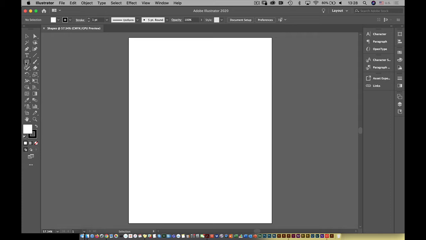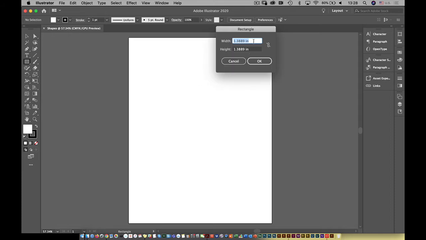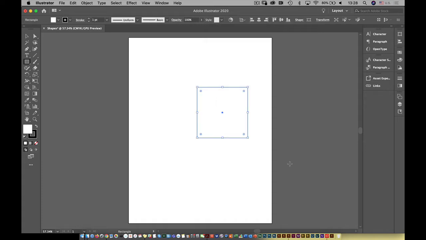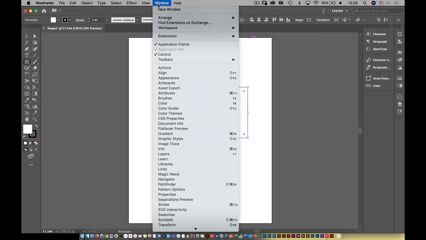So I'm going to go just to my rectangle tool. And I'm just going to click one time on the screen, and I'm going to make it 3 by 3. And I see it on the screen, and I can go to my properties panel, and in this case I don't see the properties panel in the layout workspace. So I might go to Window and bring my new properties panel,